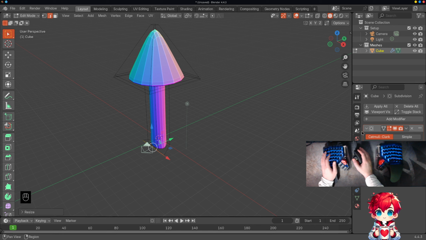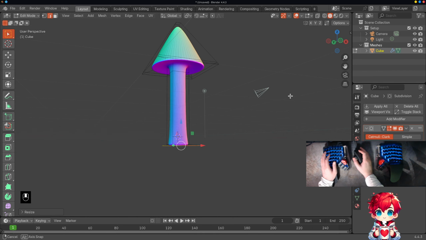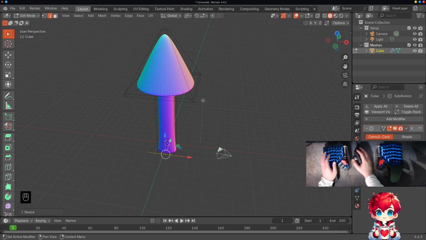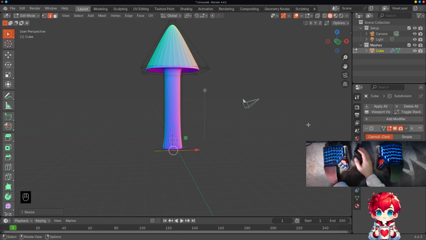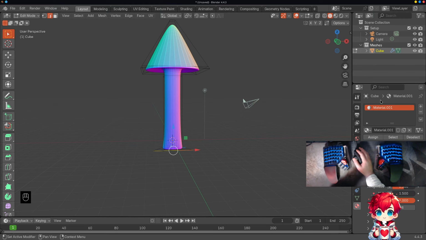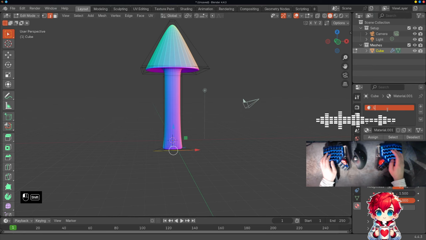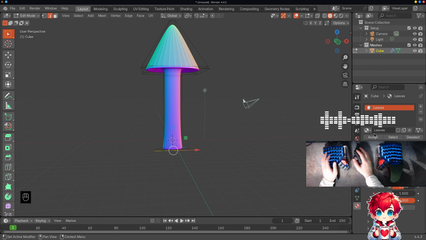Just don't judge me. 3 is probably fine. How do we put materials on this in a way that makes sense? And say leaves and